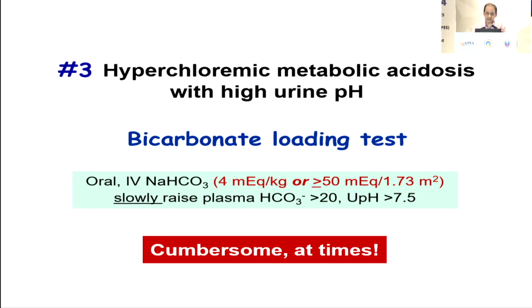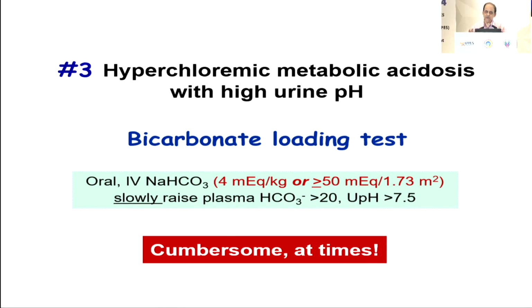So while it's a good test to understand the basis of RTA, we are still doing it at AIIMS, but I'm not sure that it's a test that's universally used. And when you talk to experts across the world, they would often rely on genetics rather than going through this route anymore. So clearly this test is tough to do,